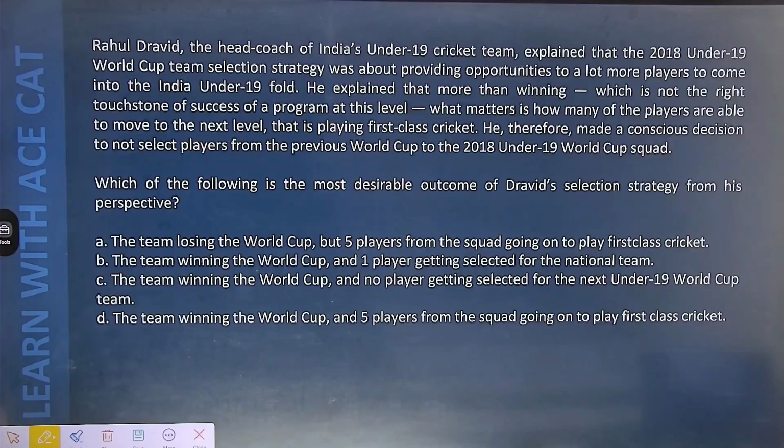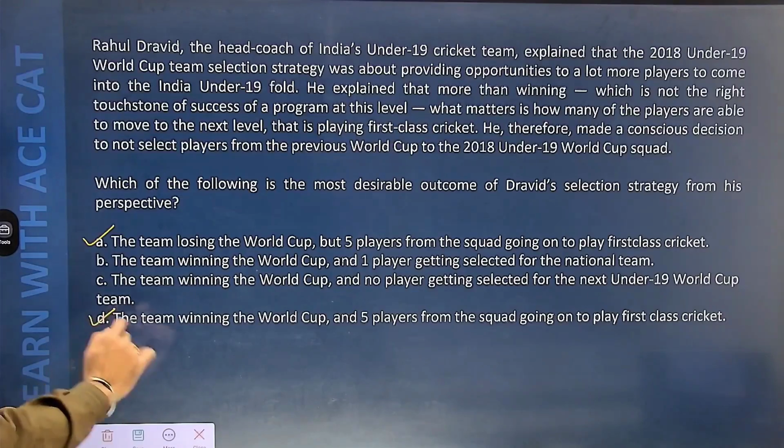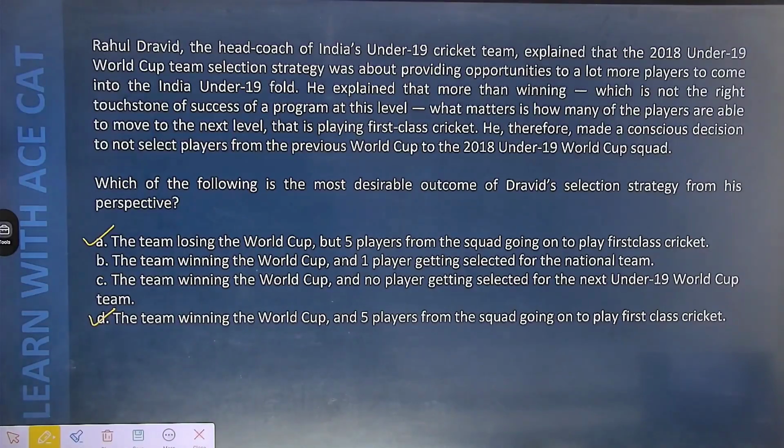Anyway, students, we have understood his perspective. Compare all the 4 options and try to give the correct answer. Anyway, in XAT, you are going to have 5 options. Come on, so what is the right answer? How many students have given the first one? And how many students have given the fourth one? I think students, the answer should be either A or D, isn't it?